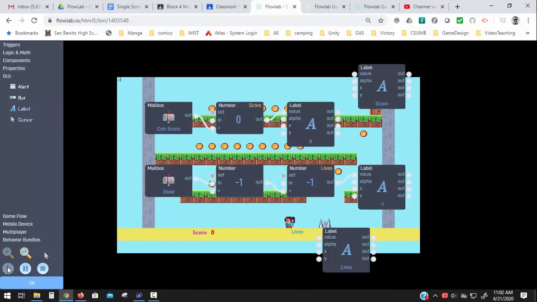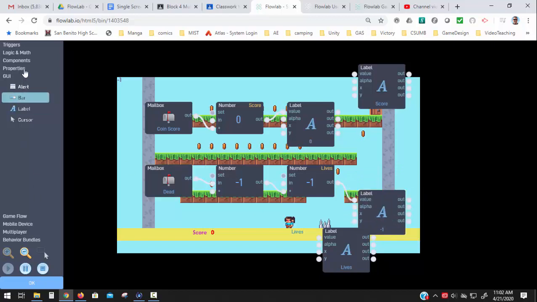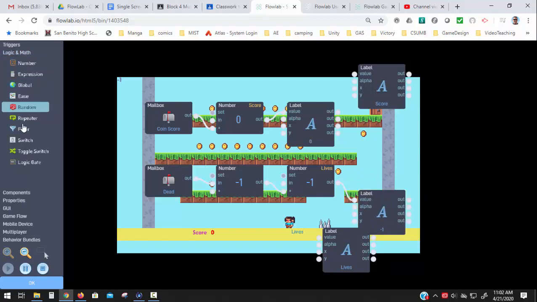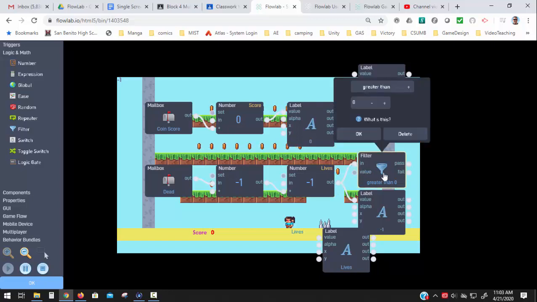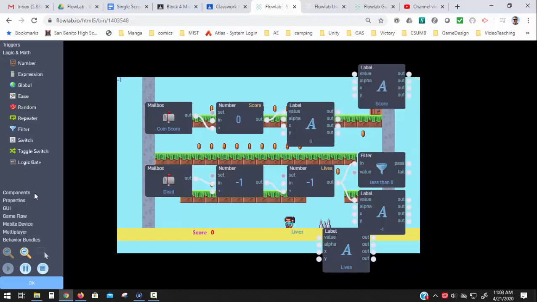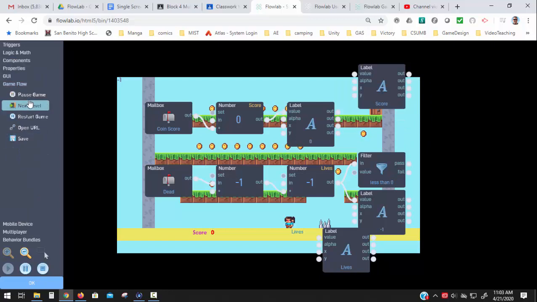So we should have a thing at the end of this where if the value of this is below a certain amount, we start the game over again. So let's go to logic and math, and we're going to choose a filter. Now we haven't used filters yet. Filter is just simply a bit of logic that says, hey, input the value, and it says if it's less than 0, then do a thing. What's the thing going to be? Well, we're going to go to game flow and choose restart game. So pass,